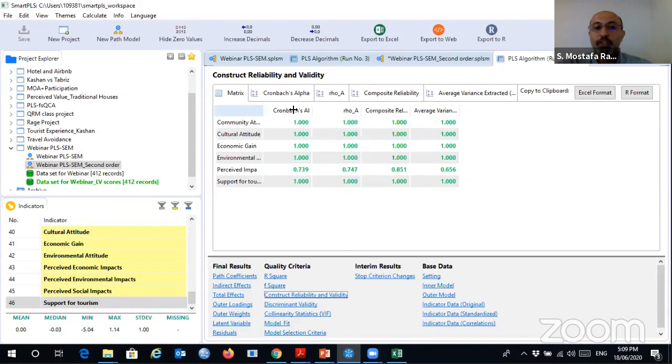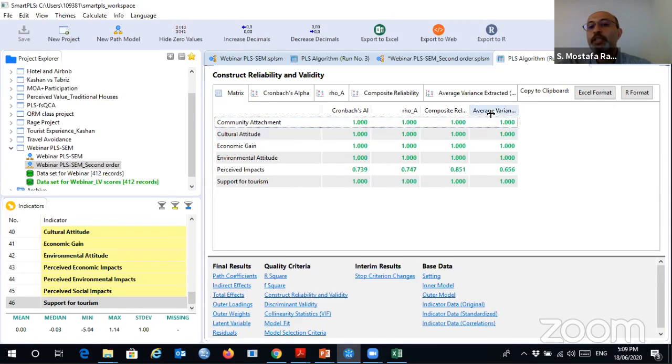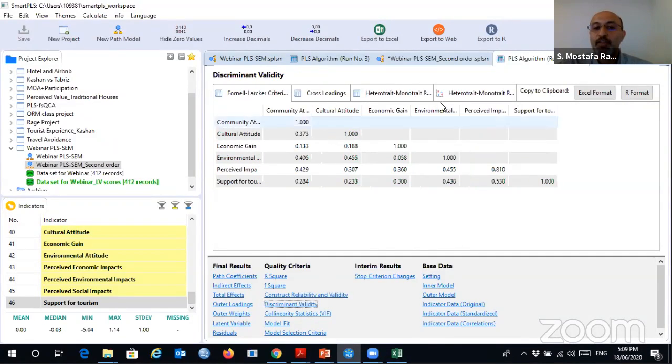For example, for all first order constructs, because we put in only one single item, all criteria are 1. You can see the quality criteria for perceived impact: composite reliability, alpha, and the AVE, right? And also for discriminant validity, you can see the result of heterotrait-monotrait here,